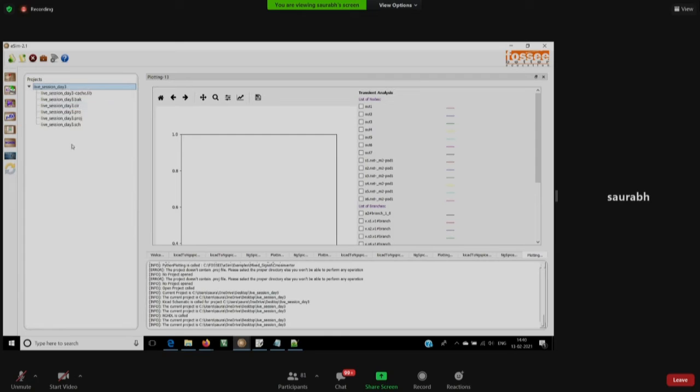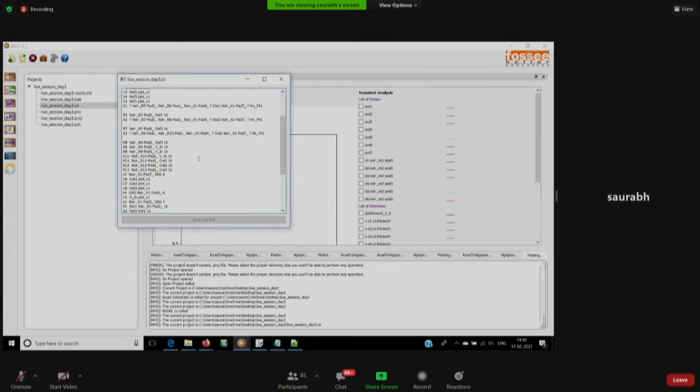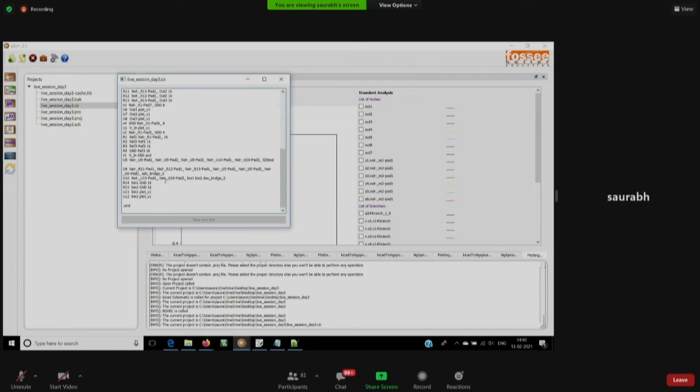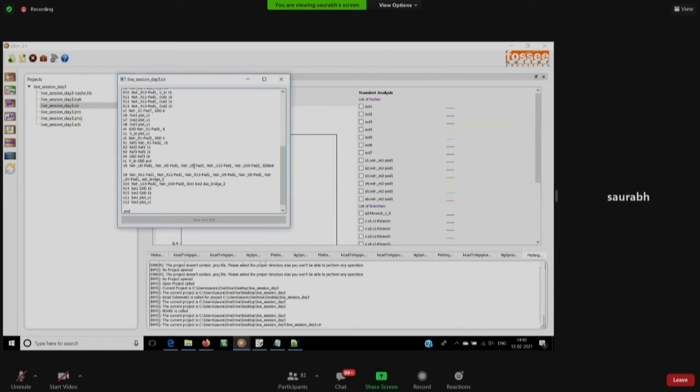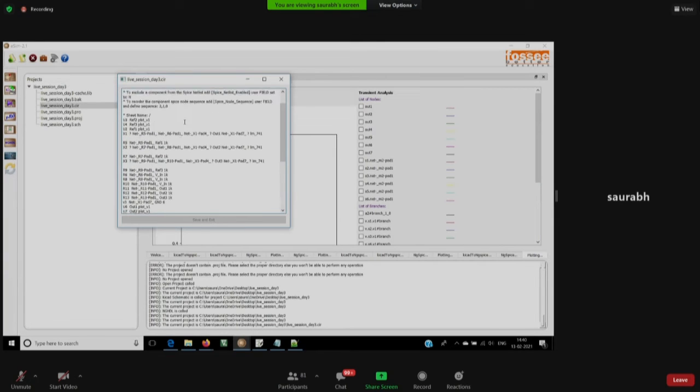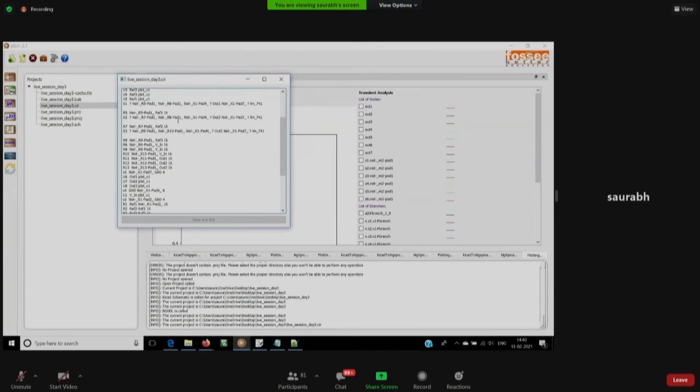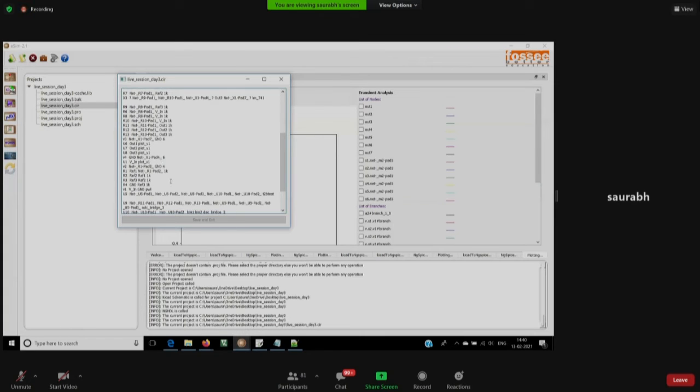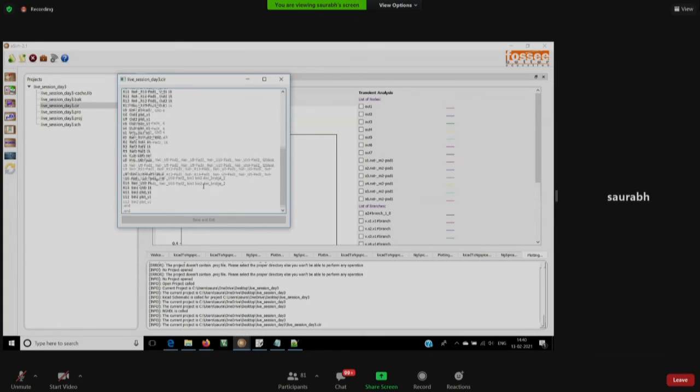If you refresh the file, you will see one more file is added, .cir. This is the netlist. Our newly added component should also be here somewhere. Yeah, here it is, T2B test. You can see this.